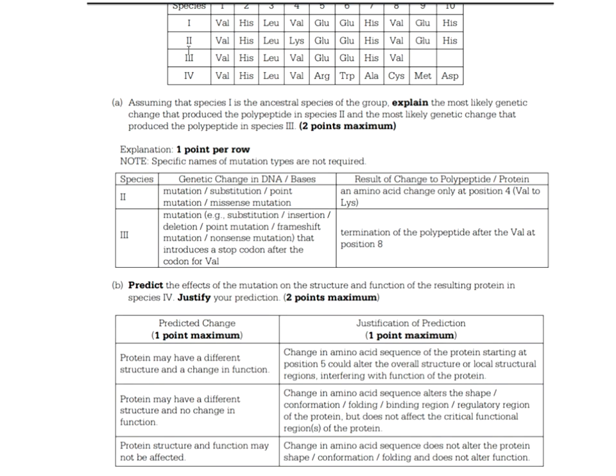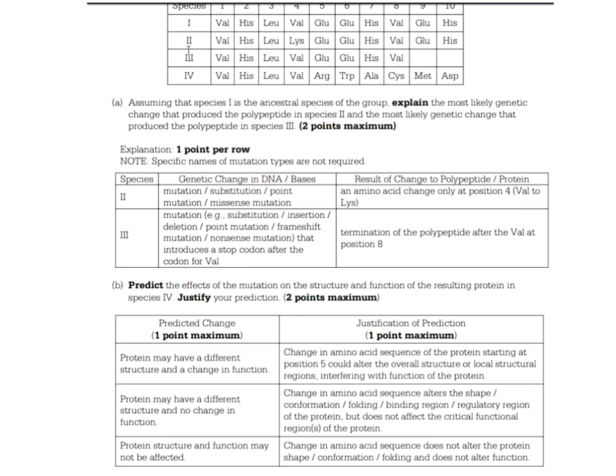So it says in B, predicted change would be, you could have put any of these. Protein may have a different structure and a change in function. Okay, that's exactly what I said. Protein may have a different structure and no change in function, or protein structure and function may not be affected. So you could have put any of those, you just had to back it up. So since I said protein may have a different structure and a change in function because of the different amino acids,